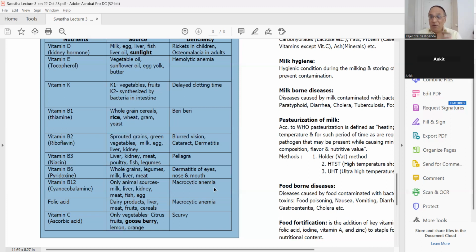We are talking about B12. B12 is absorbed from the intestine. But there is one problem. Write down. In the stomach, there is one protein, and that is called intrinsic factor. If that intrinsic factor is less, then vitamin B12 cannot be absorbed, and that becomes megaloblastic